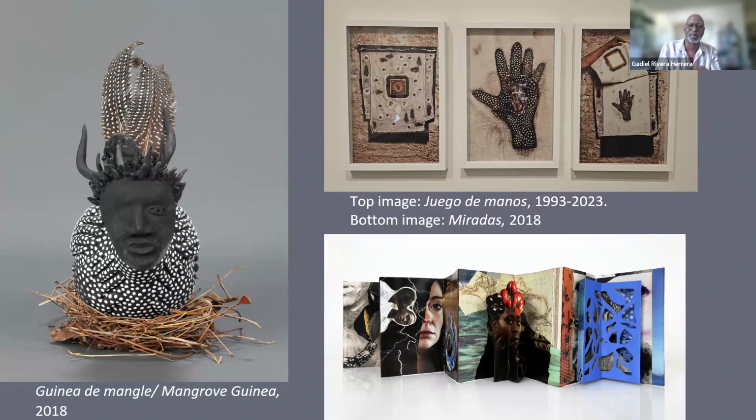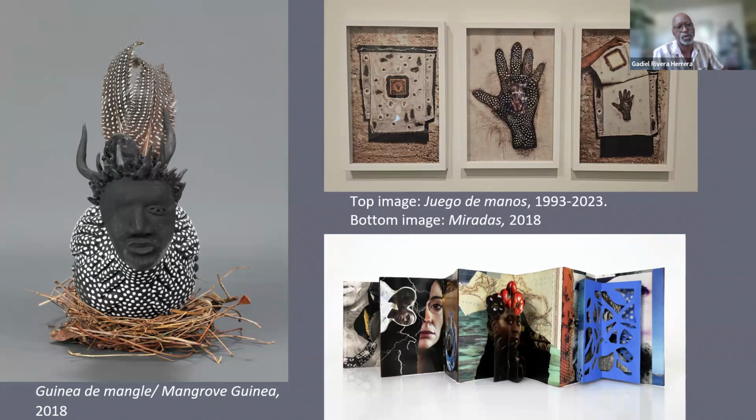En ese trabajo, en ese libro, que está hecho en collage, predominan las imágenes de rostros, ¿verdad? Predominando las miradas con sus gestos. El mar aparece mucho en la obra porque estoy trabajando, estar consciente de que somos una isla y estamos rodeados del mar, ¿verdad? Así que ese elemento marino empieza a aparecer en mucho de mi trabajo. Ahí estoy trabajando con el collage, libro pop-up, y en la siguiente, que es Guinea de Mangles,